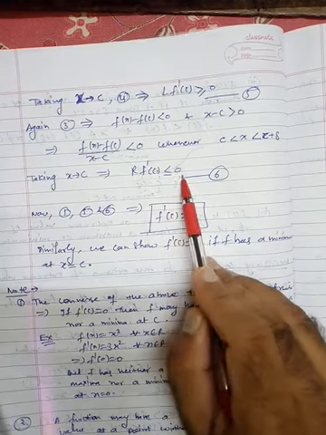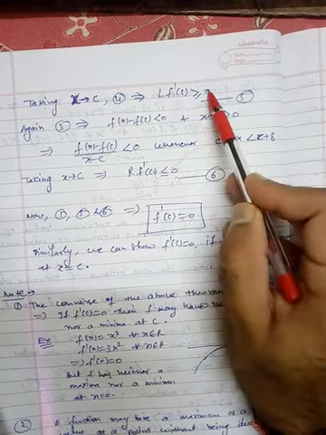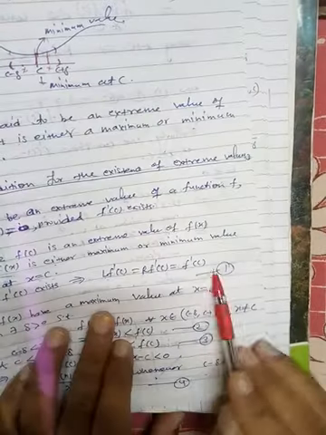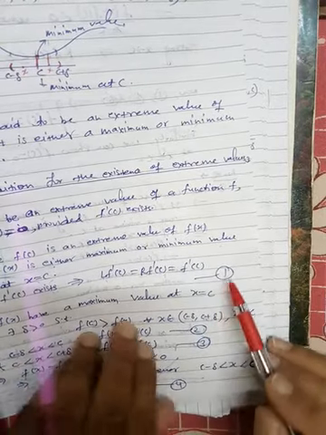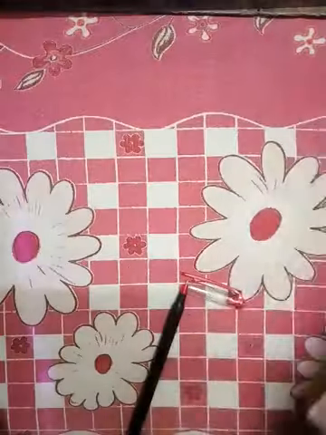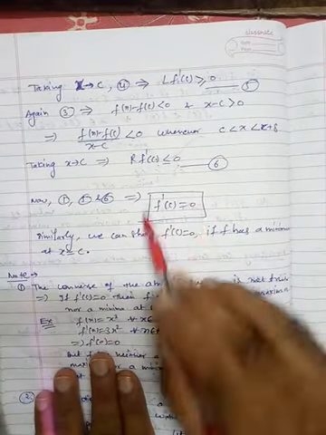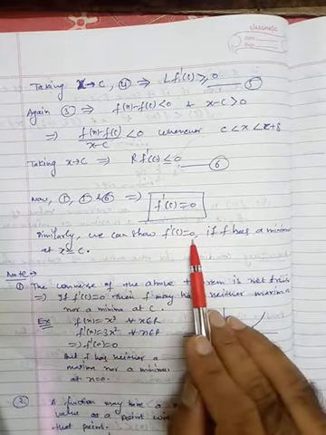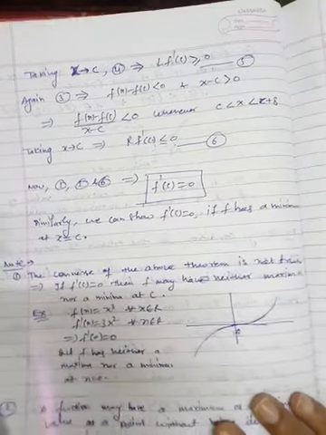So when x is tending to c, this will provide you the right hand side derivative, R f dash c, which is less than or equal to 0. Here the left hand side derivative is greater than or equal to 0, and the right hand side derivative at c is less than or equal to 0. According to our equation number 1, the left hand side derivative should be the same as the right hand side derivative, which is f dash c. So in view of 1, 5 and 6, we get f dash c is equal to 0. This is only possible when f dash c is 0. Similarly, we can show that f dash c is 0 if f has a minimum. So this is the theorem.